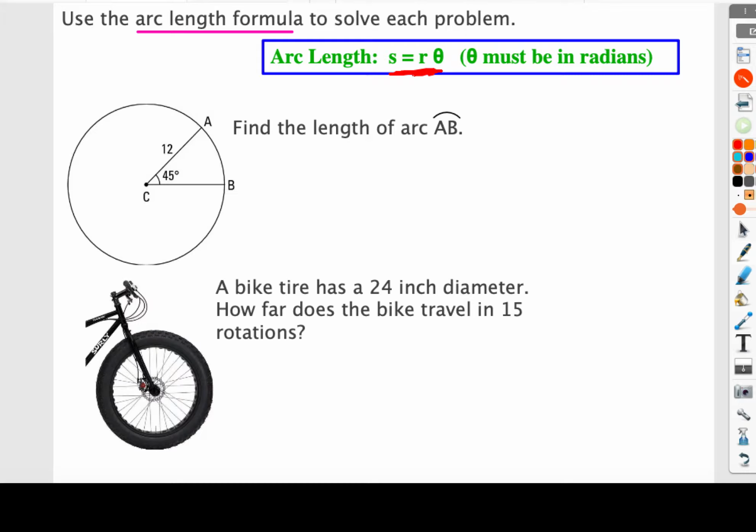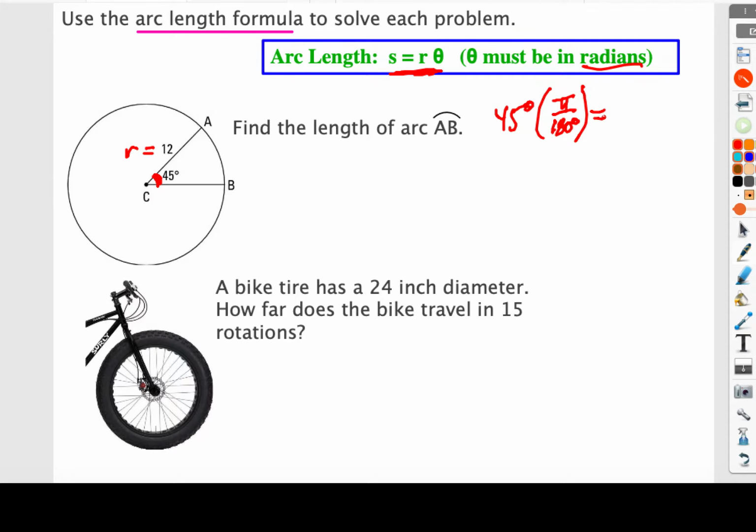So you'll notice over here at the left we've got a circle. It's got a radius of 12, right? So we know that R would equal 12. And we know that it's got a central angle, as we say, the angle between the lines, from A to B is 45 degrees. Now notice in the formula we said it's got to be in radians. So the first thing I need to do is convert 45 degrees times pi over 180